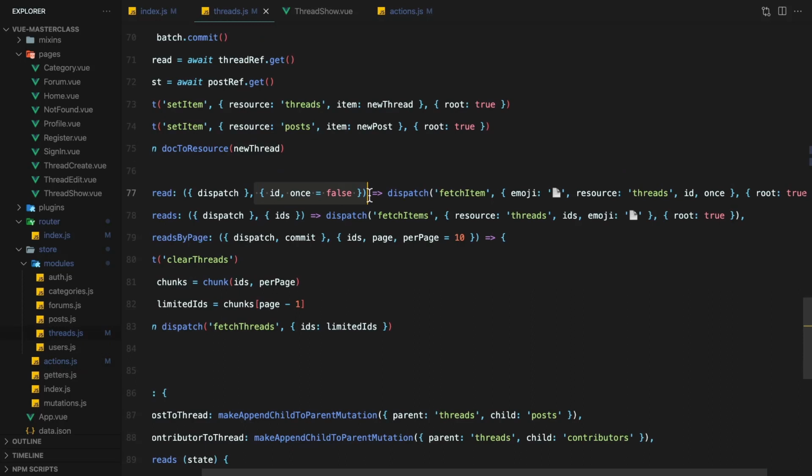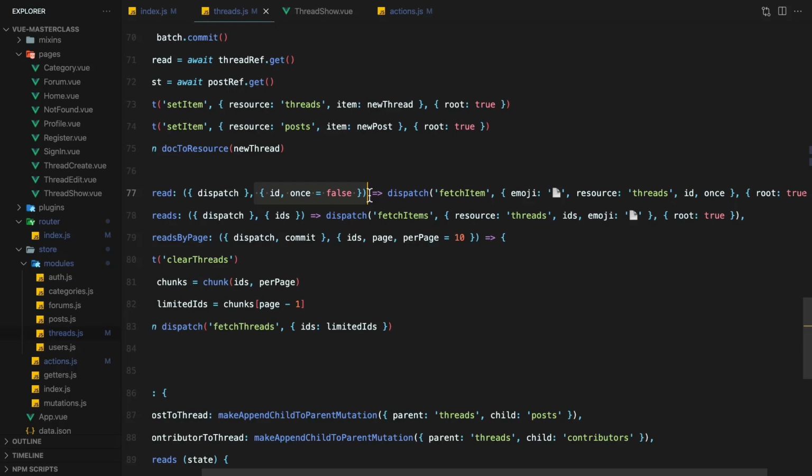However, this could get pretty tedious if we want all the specific fetch resource actions, like fetch user, fetch post, and so on, to accept the once option too, or accept any other future options for that matter.